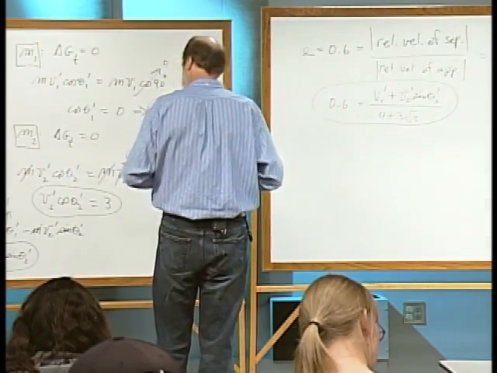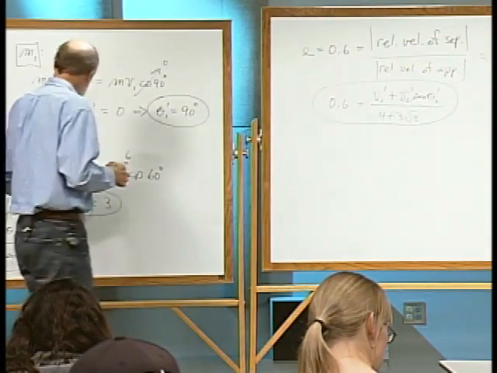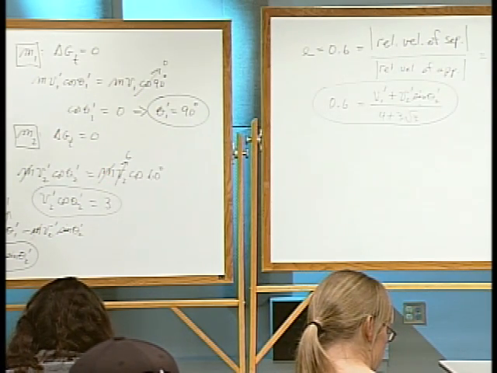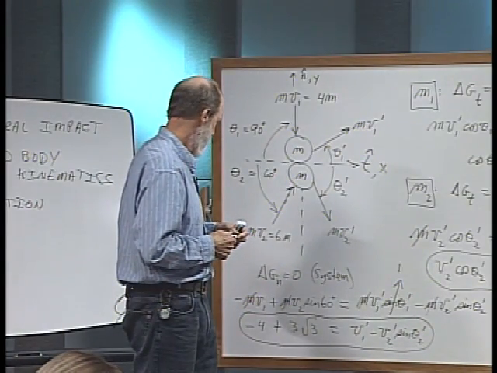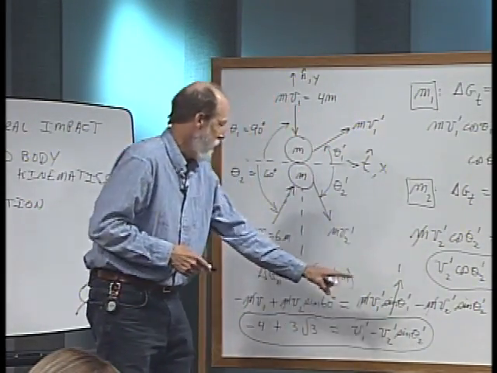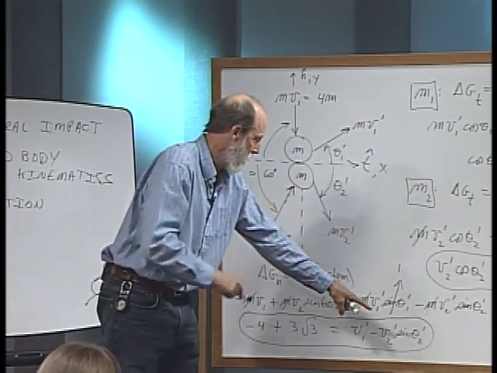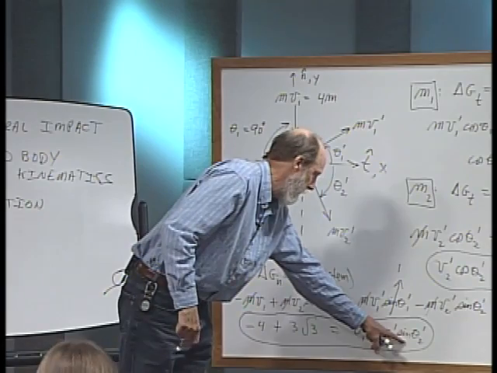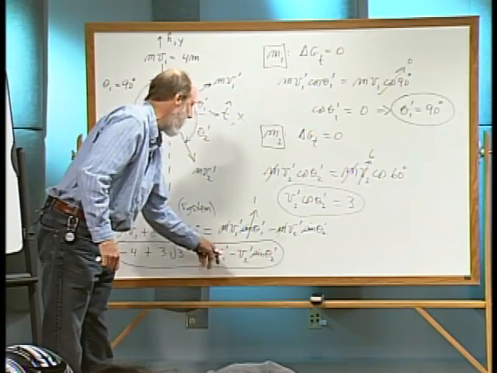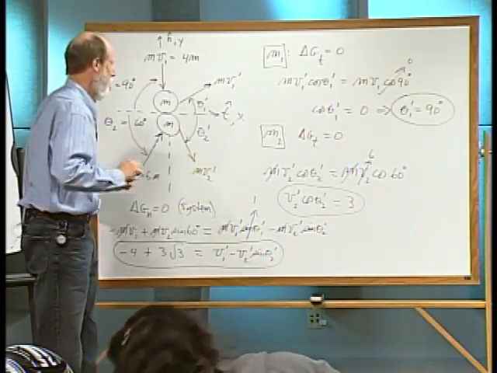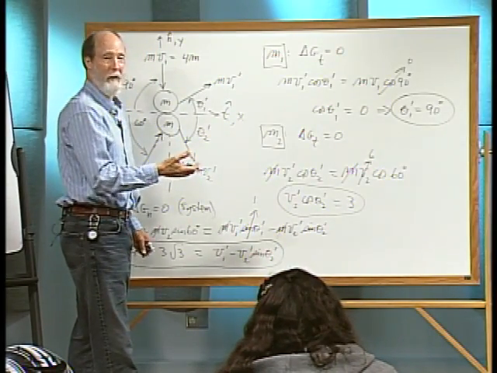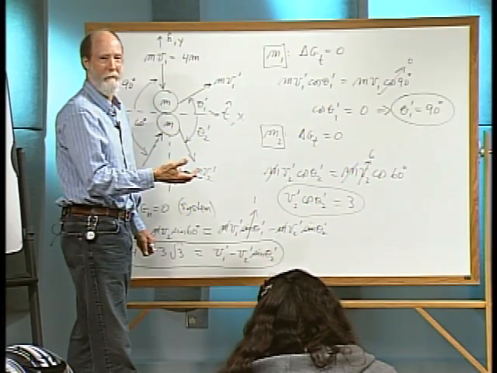So let's do it. We have theta 2 prime in there. Oh, here we go. Sine theta 2 prime is in this equation and our third equation over on the other board. So if we solve this one for sine theta 2 prime, then we could substitute the expression involving v1 prime and v2 prime into that other equation over there. So if I label these, when I solve systems of equations, I don't know if you folks do this in your work, because it can get confusing to look at your work later and go, oh,